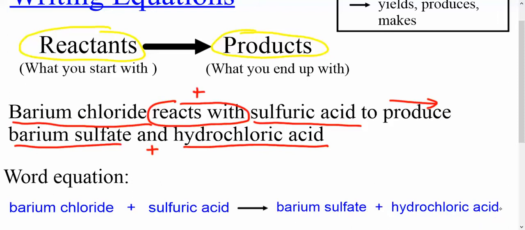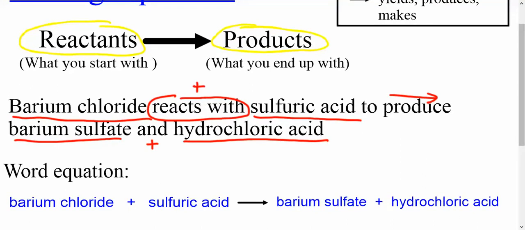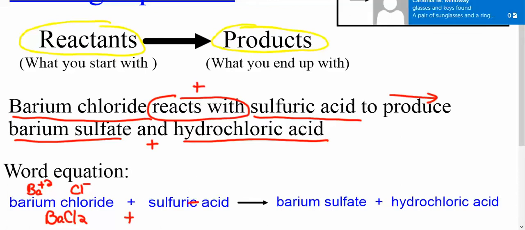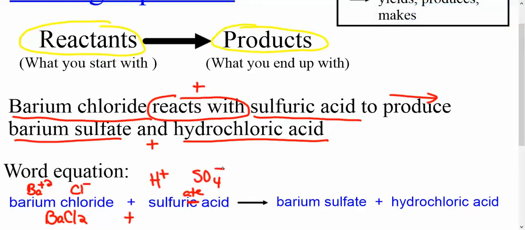Now that you've gotten your word equation, all you have to do is write the formulas the way we've been practicing. So, barium chloride, since that is an ionic compound, you have to write your symbols and their charges. Cross over your charges. Barium chloride. Pull your plus sign down. Sulfuric acid, that doesn't start with hydro, therefore you know it's a polyatomic ion, and you know that ic becomes ate, which means that that is hydrogen and sulfate. You cross over your charges and that gives you